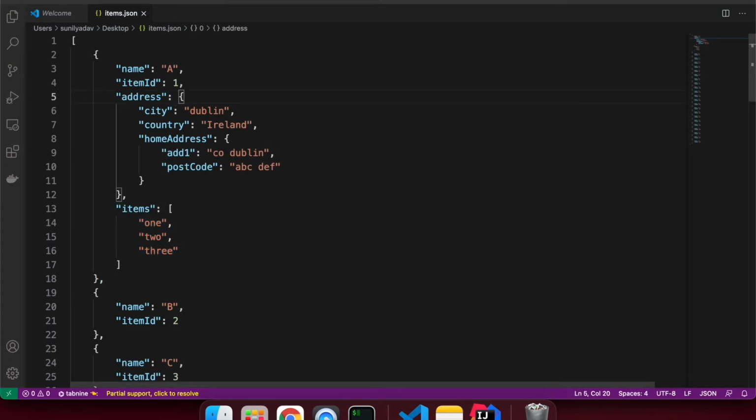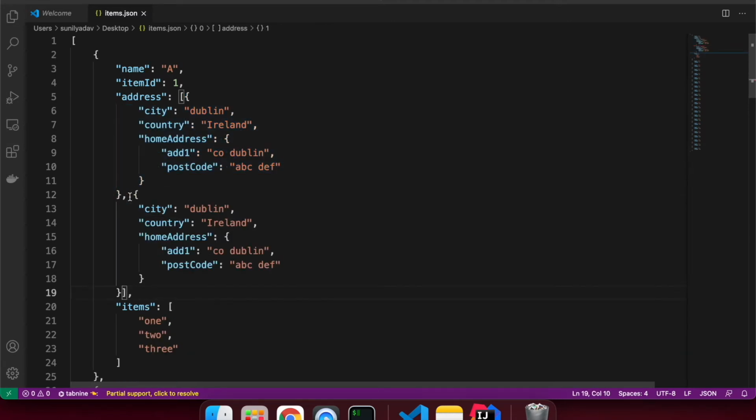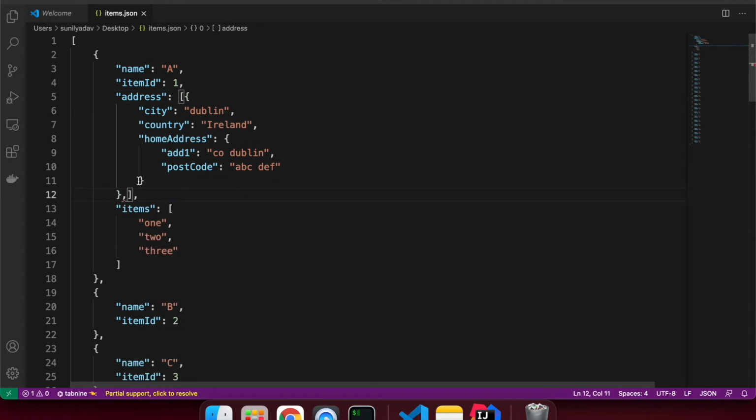So this address can be a list of addresses, maybe you have a list of addresses as well. Here it can be one address, or you can repeat more than one address, depending upon your requirement. So it can be an array of records here. Let me copy, I'm just showing you. We can add another document, put it into an array, and now we are nesting one more level. Under the array you have the documents. So these are nested and embedded documents.